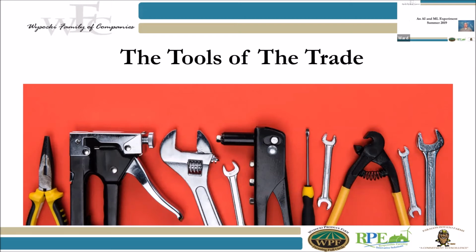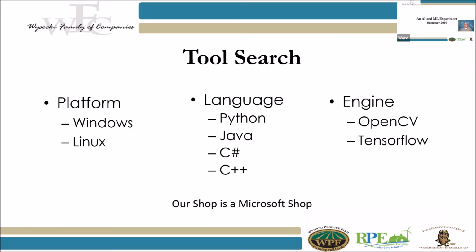And if you're interested at all in machine learning or AI or computer vision, I'll show you some of the work we did. We took a look at Windows and at Linux. I will tell you that Windows was lagging a couple of years ago in the tools, but they've really caught up in what's available. They're fairly rigid in their implementation of a lot of things, though. Linux, being Linux, is pretty freeform. We also looked at, did we have a preference of languages? I just listed a few here: Python, Java, C#, C++. It didn't matter a lot to me as long as we could accomplish the goals.